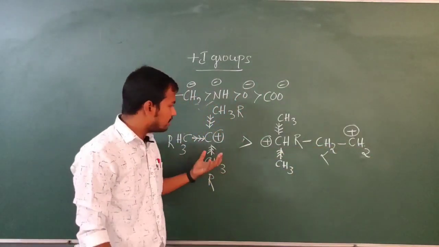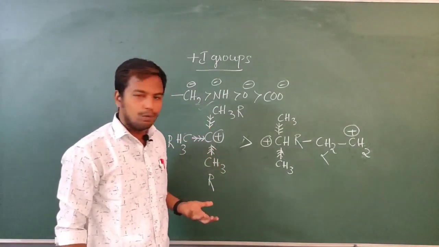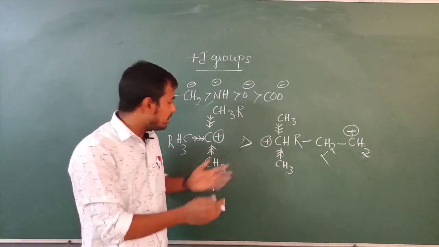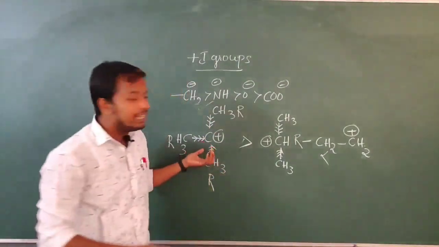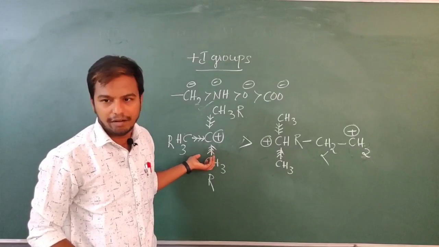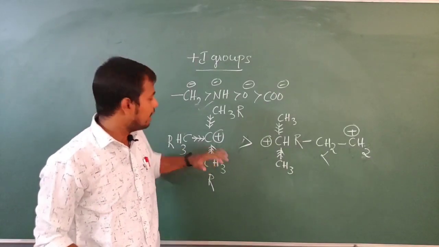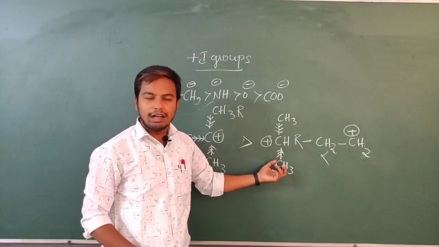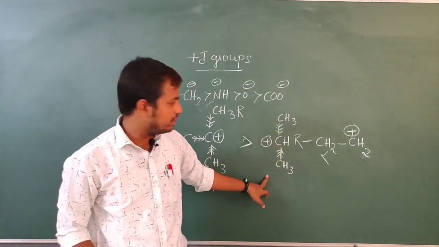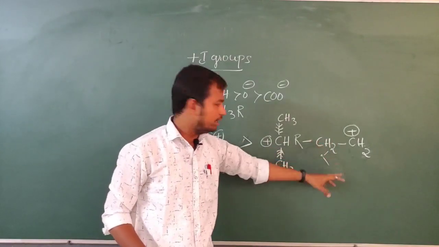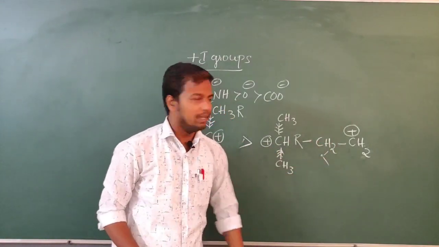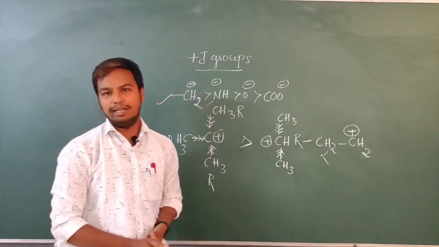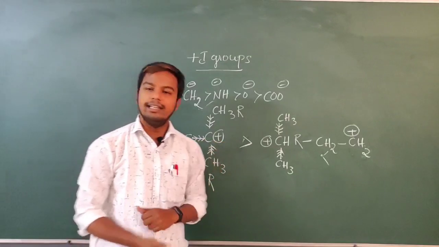So more alkyl groups will effectively donate to the carbocation skeleton such that it gains more stability. We can even isolate this tertiary carbocation by using any salt. When we move on to the secondary carbocation, the two alkyl groups will stabilize it. Primary, you know very well, is stabilized by only one methylene group. Remaining, that CH2 minus ion has more donating ability. Why so? We will discuss that in the later part.